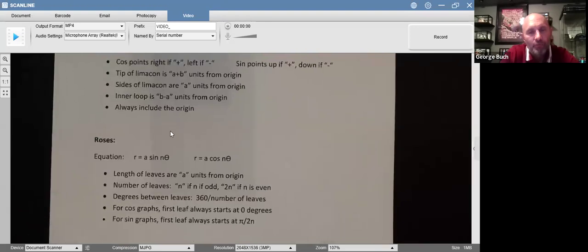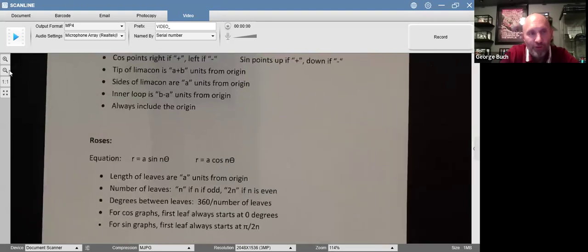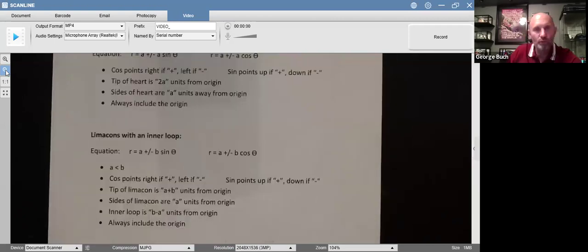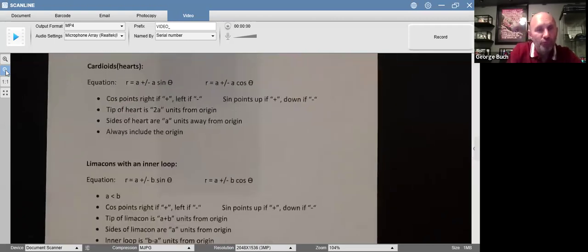Now, for the purpose of this class, we're not going to be so concerned with actually sketching them. Rather, I want you to be able to identify, based on the equation, what type of figure it is. Is it a cardioid? Is it a limacon with an inner loop? Is it a rose? So if we go back to the cardioid,